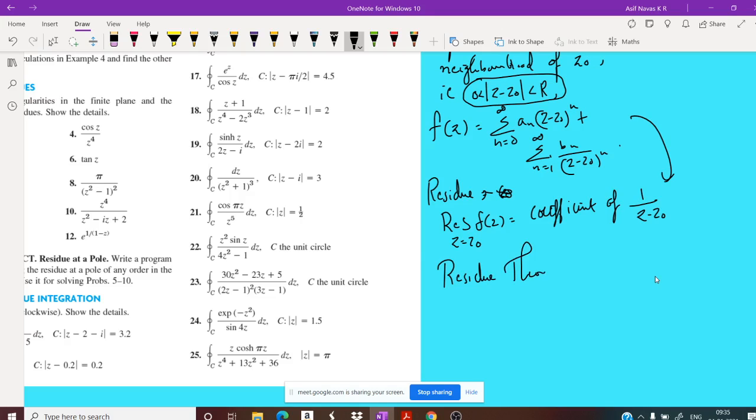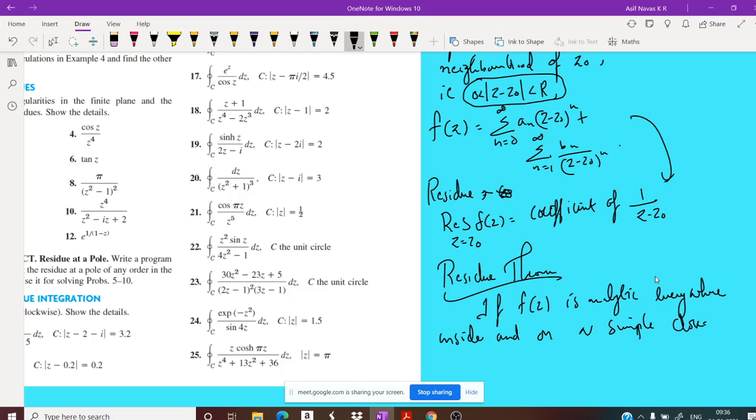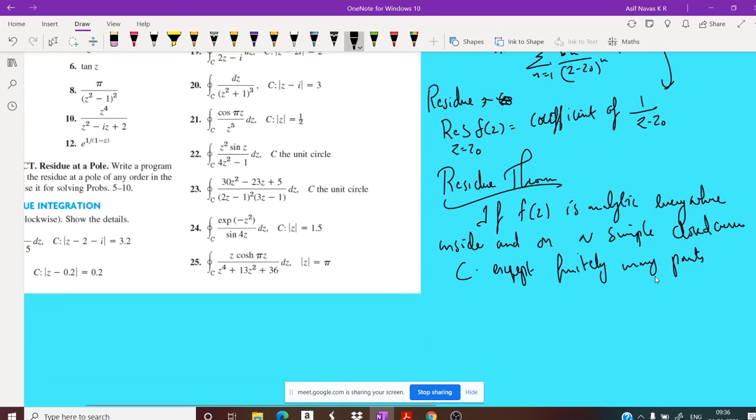Residue theorem: if f of z is analytic everywhere inside and on a simple closed curve C, except at finitely many points, let it be z naught, z1, z2, etc., zk,